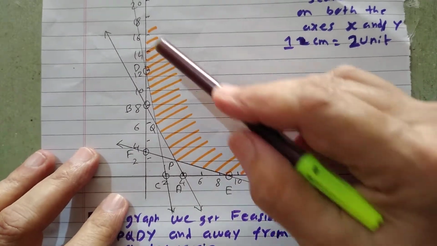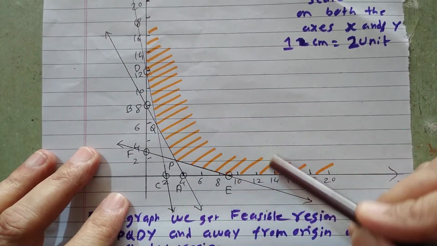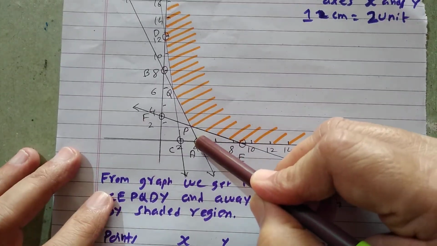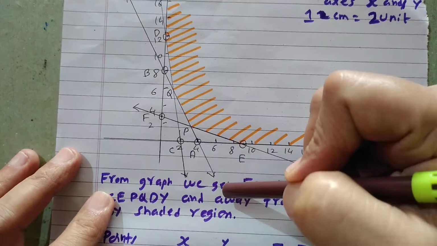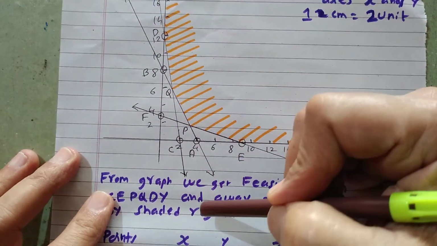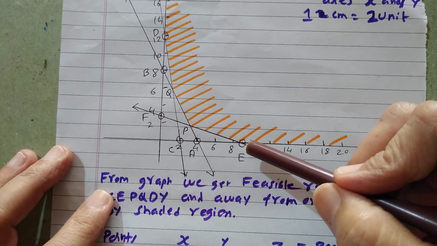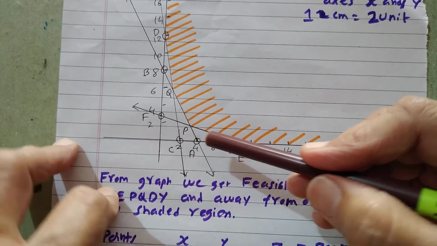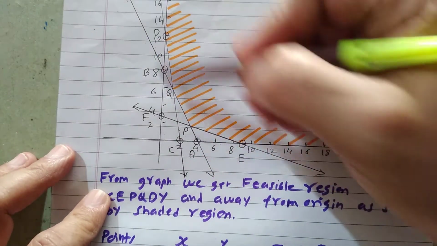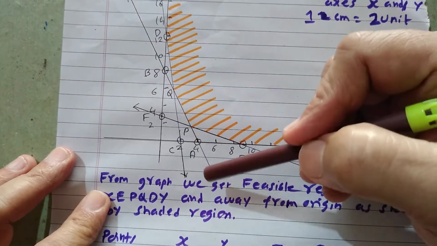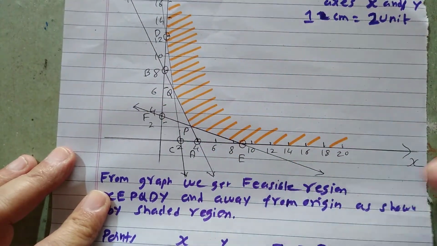Then we have to plot the graph. Now in the graph, you see that the region is away from the origin. First we have to plot point A and point B and join that line. Then plot the points C and D and join that line. And then plot the points E and F and join that line. Always remember, first 2 points of the first line, complete that line. Then next 2 points of the second line, complete that line. The next 2 points of the third line, complete that line.